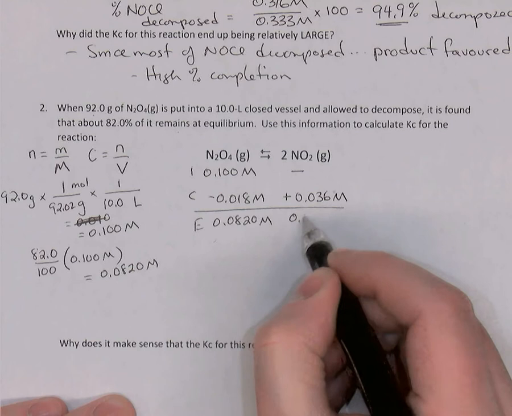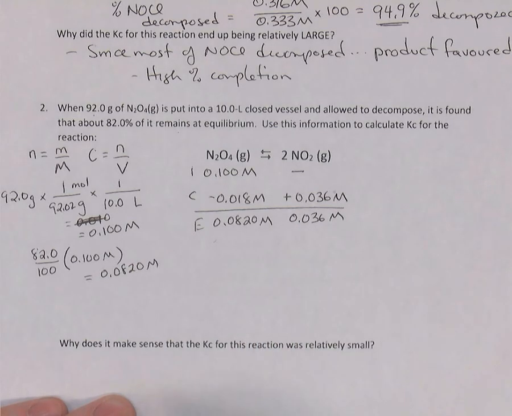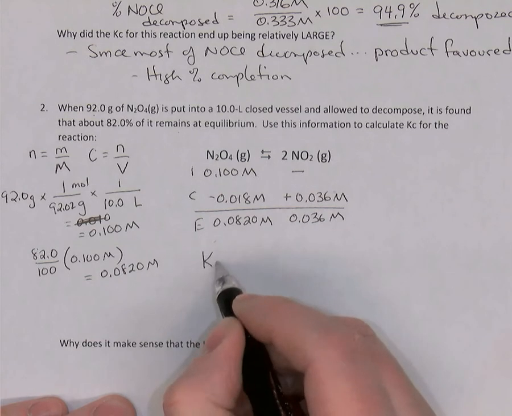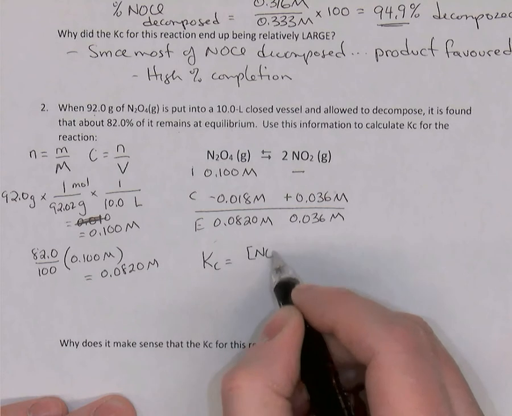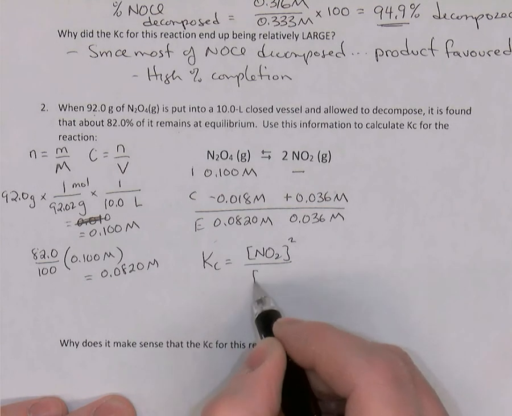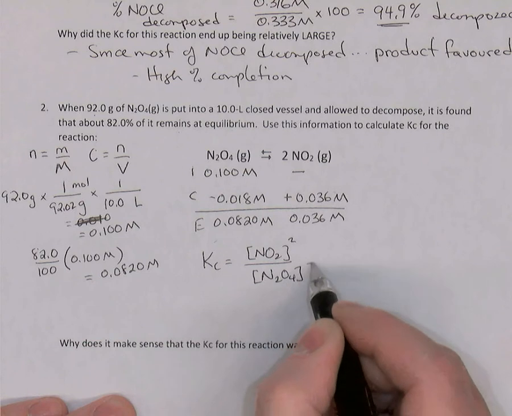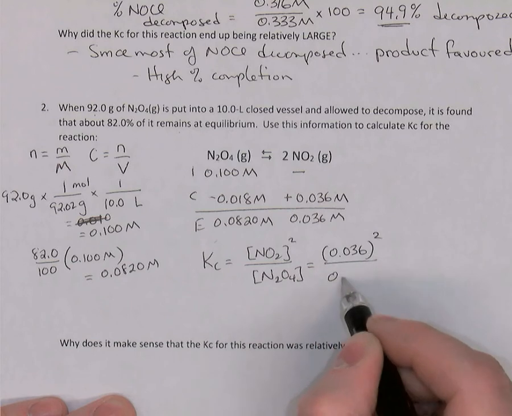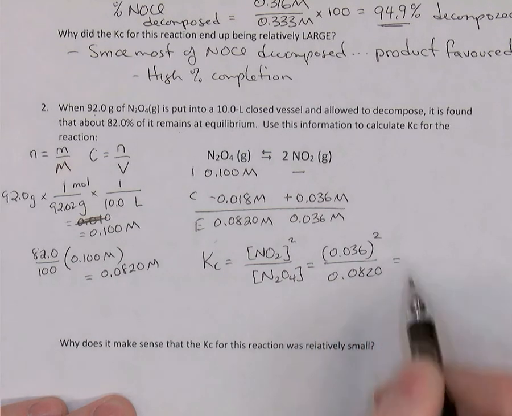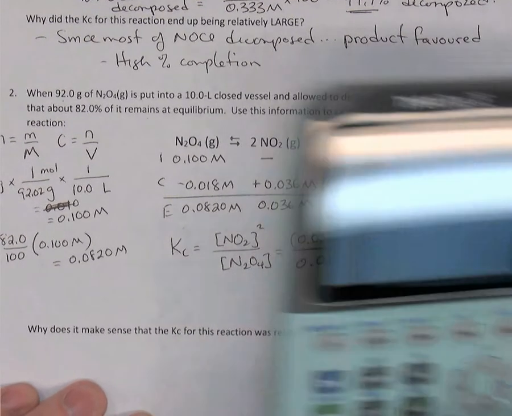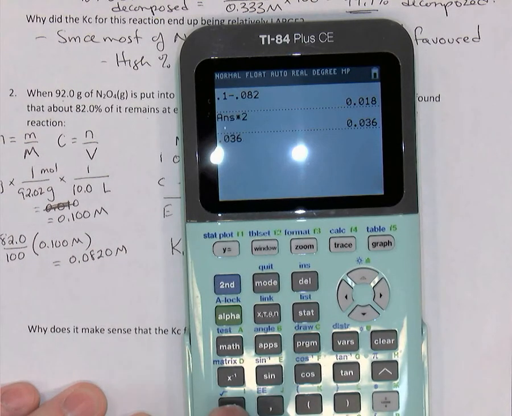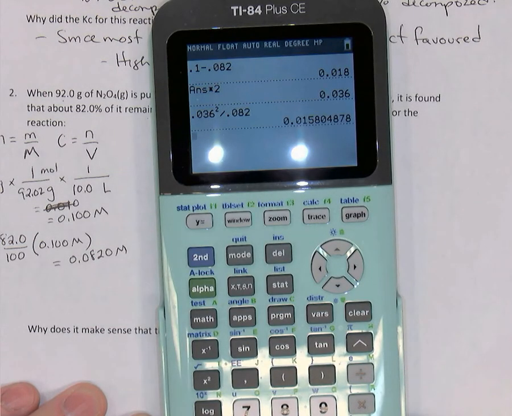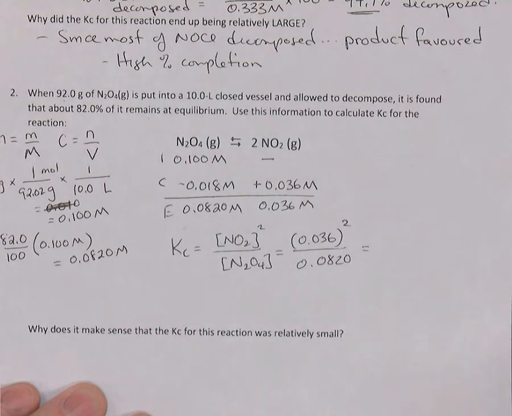And then that leaves us with 0.036 molarity at equilibrium. And now we just need to write the Kc expression and put those numbers in. So the Kc value will equal the concentration of NO2 squared divided by the concentration of N2O4, equals 0.036 squared divided by 0.0820. And looking at that, I'm going to keep just 2 significant digits in my answer. 0.036 squared divided by 0.082 gives me 0.016,